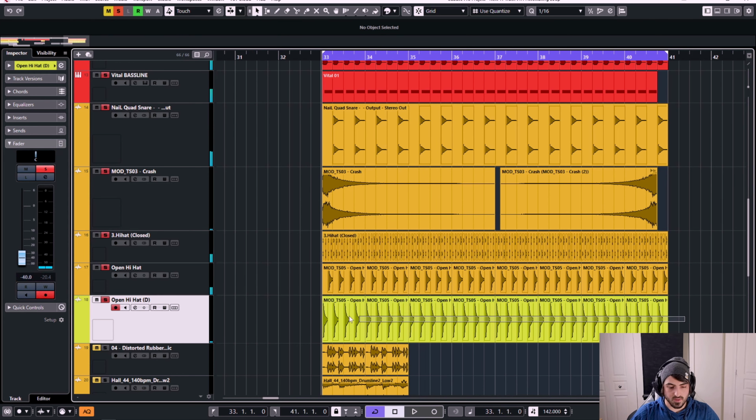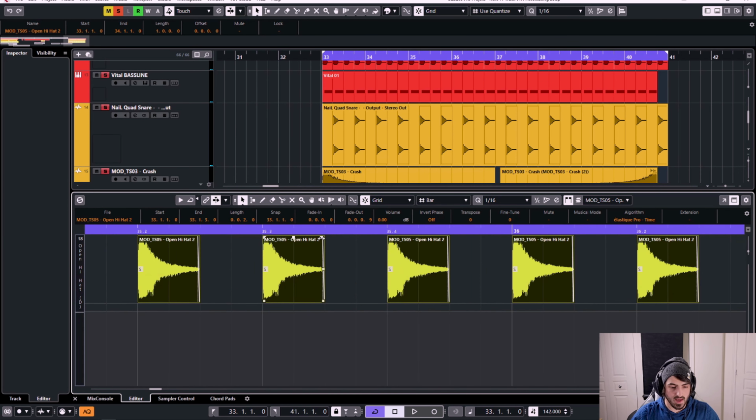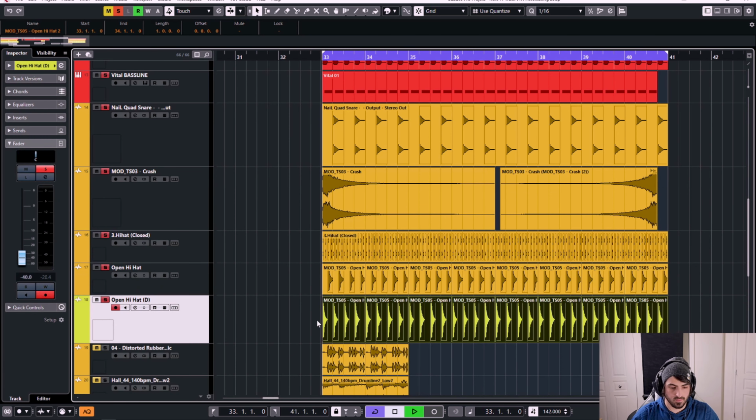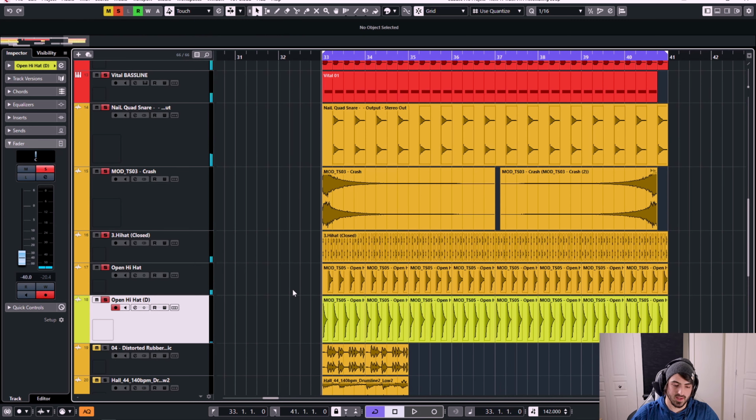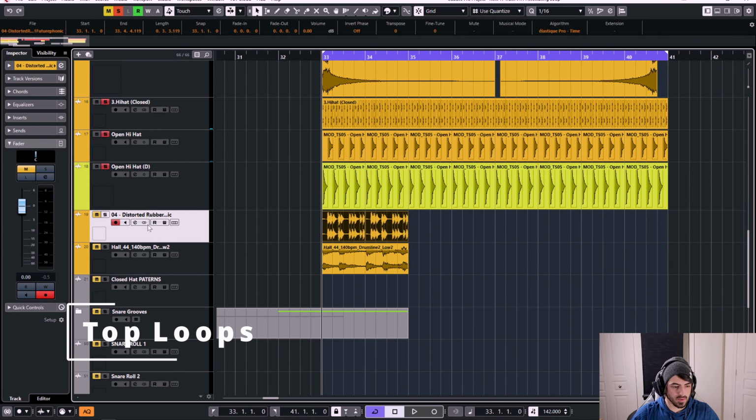We could even possibly adjust the length of these by going into all of the audio samples and adding a small fade out. Right, so that's adding a lot of groove right there. I really like that. The next thing we'll import is this top loop,